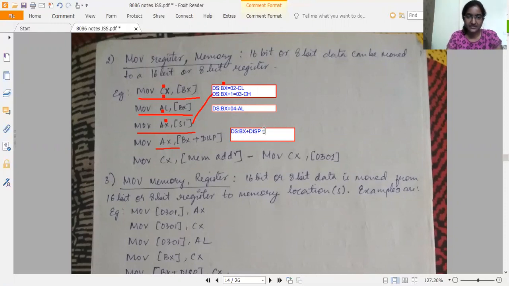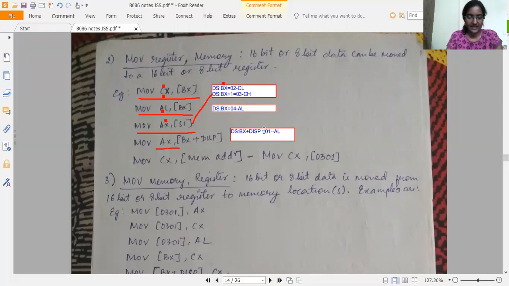Let me consider the value present in this particular memory location. Okay, let me consider it as 01. So this will be moved to AL.